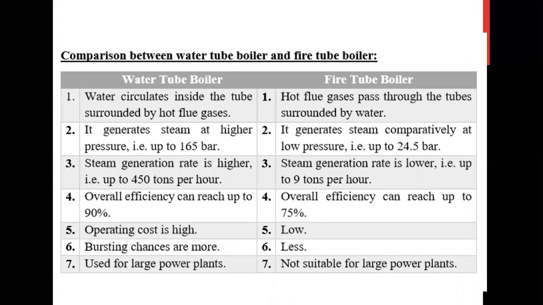So the main two things were the working principle of a steam turbine power plant and the comparison between the water tube boiler and the fire tube boiler, and also the characteristics of a good boiler. So that was today's class. I was in a hurry because your next class will start also, so I didn't take so much time, but still if you have any question